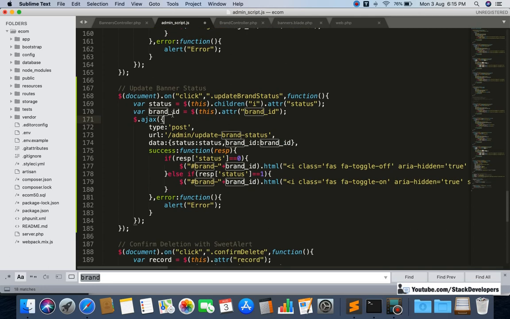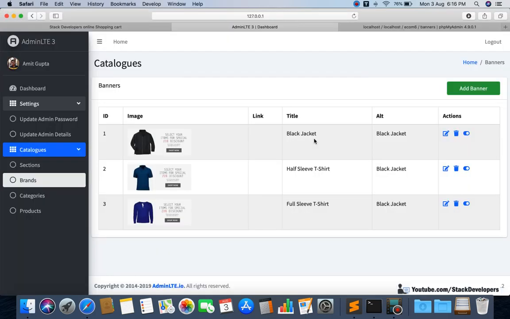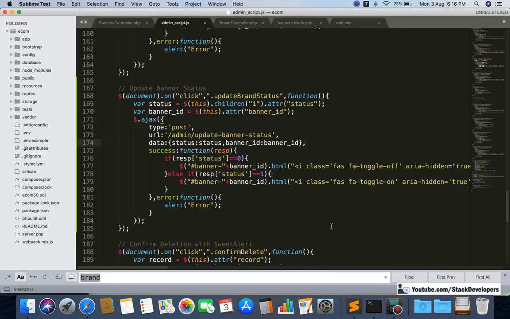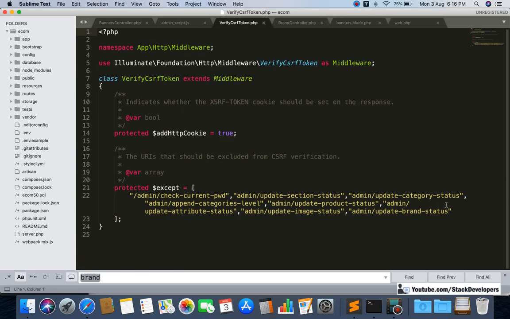We will again update all the brand to banner like this. Now we can try updating the status of the banner, like it is enabled right now. And one more place we need to update: verify csrf token for all the admin routes.